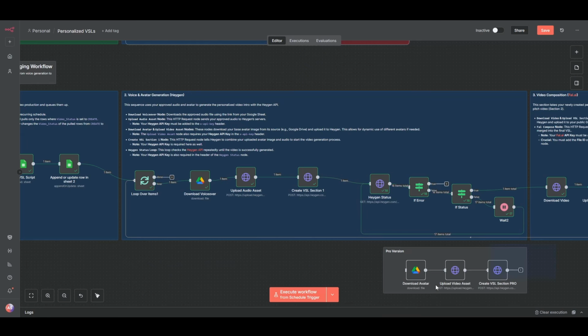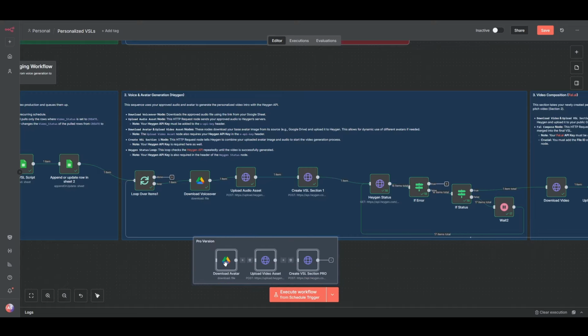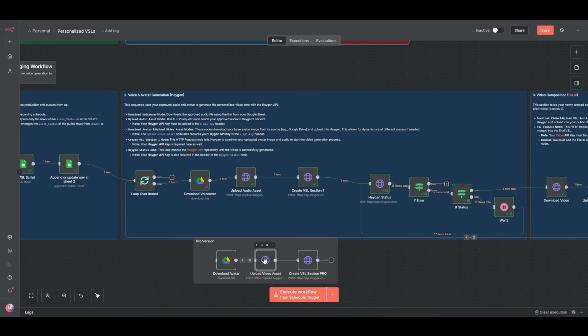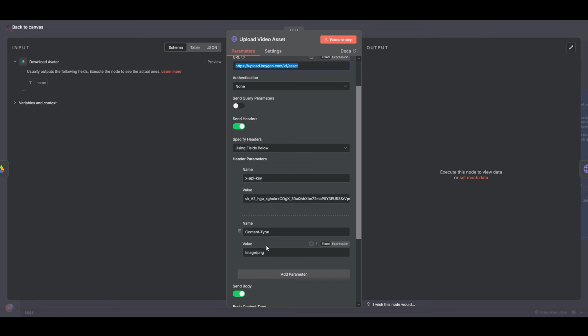Now for the pro path, we need a Google Drive download node to download your avatar. In its file ID field, you must paste in the ID of your section 1 avatar image from your Google Drive. After that, we need another HTTP call to upload our avatar. The setup for this node is the same as for our previous upload audio request, except that the content type value is